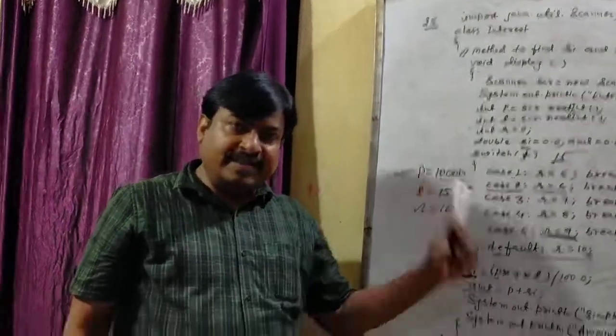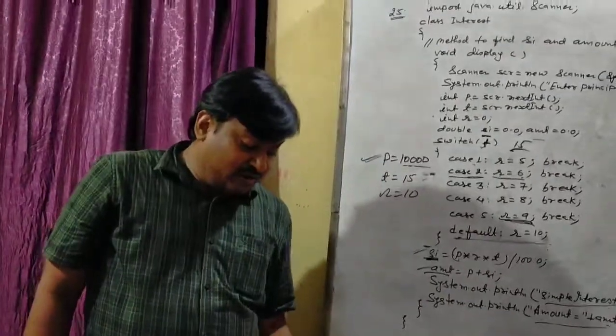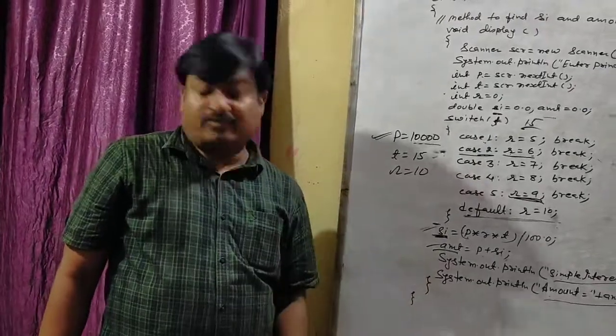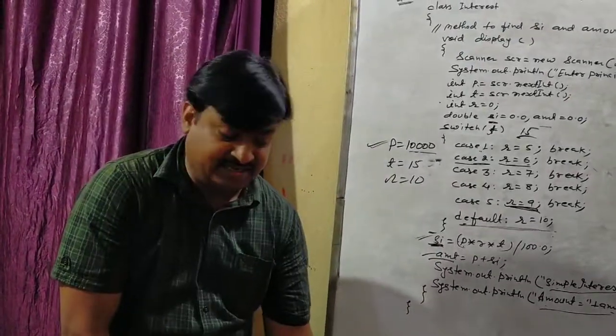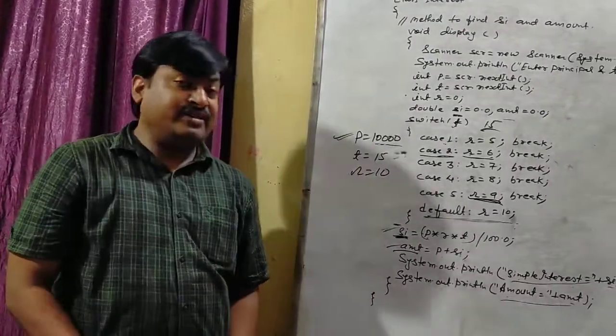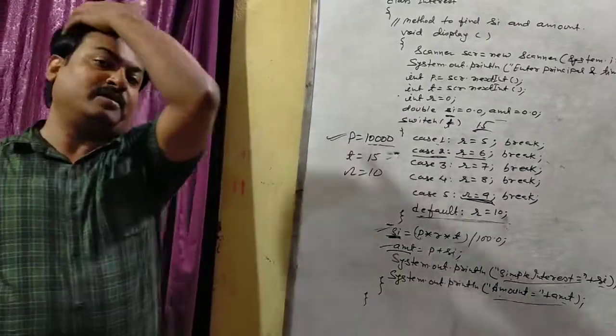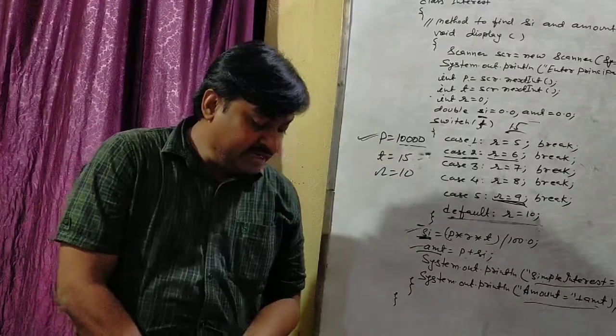So students, this is a very easy question, very easy solution. You try to solve questions number 23, 24 and 26. It's very easy. In my next video I will explain the next topic of switch, that is the fall through property.